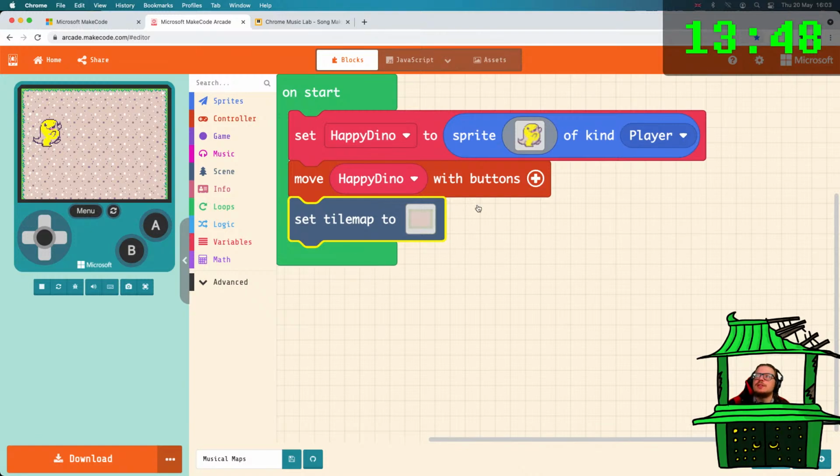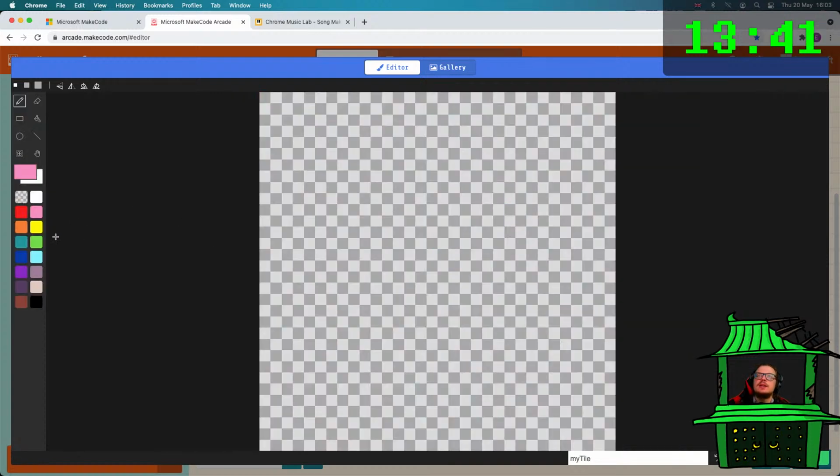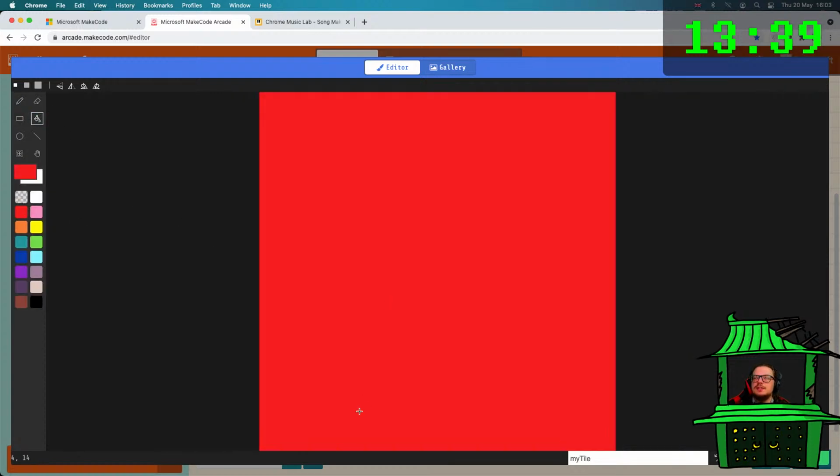So perhaps we should create some custom tiles. So how do you do that? You go to My Tiles and hit the plus icon. We'll use the same system that the Chromonaut system has. So I'm going to start with my